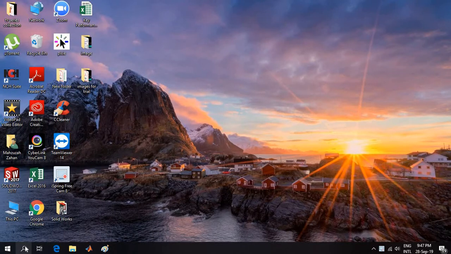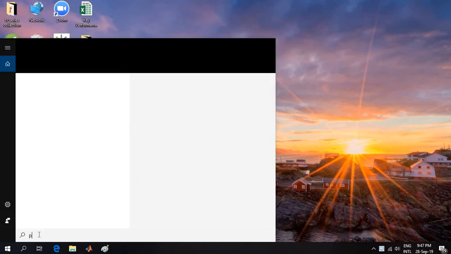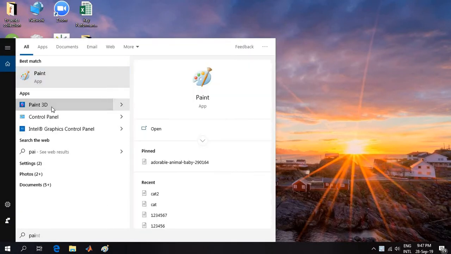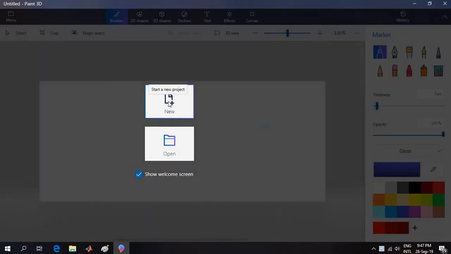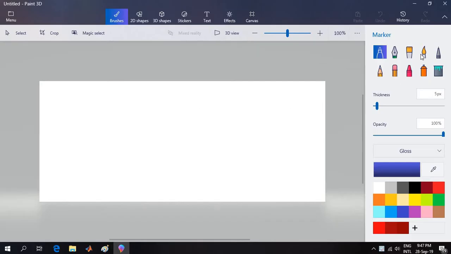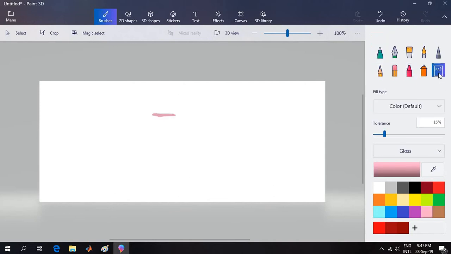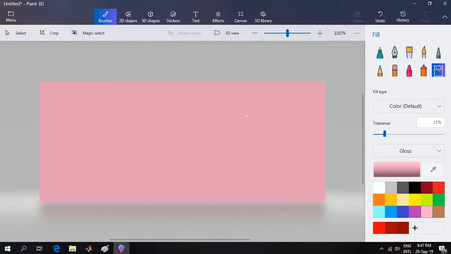Okay, at first I will go to Paint 3D, then I will start a new project. Then I will create some marker. No, I won't take the blue color, so I will click Ctrl Z. So I will take this color, and I will take the fill color. Then you will select this color and put it here. Okay,